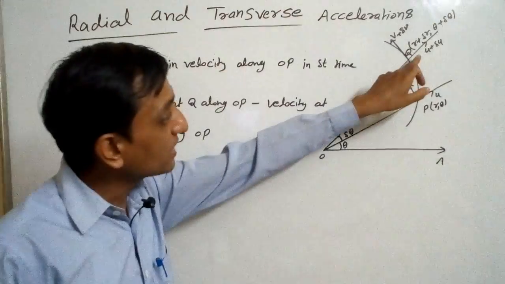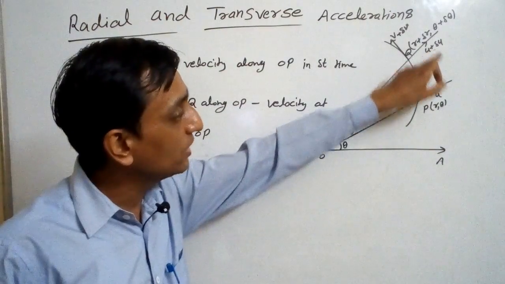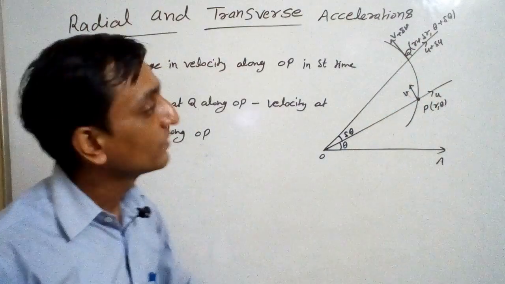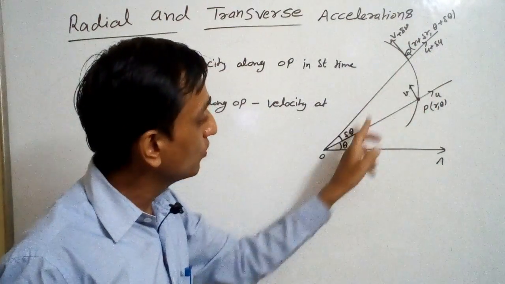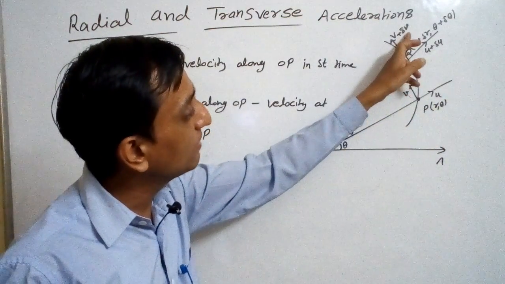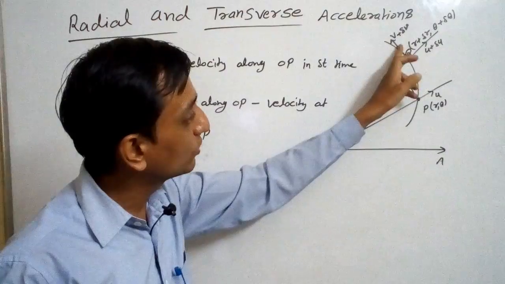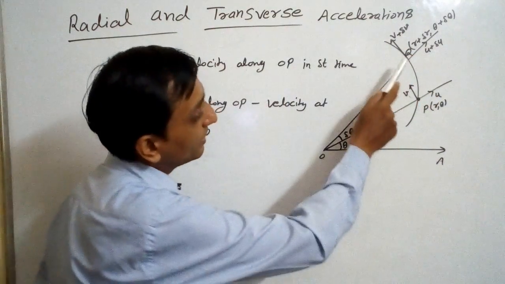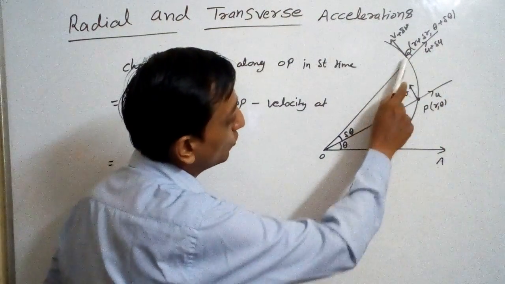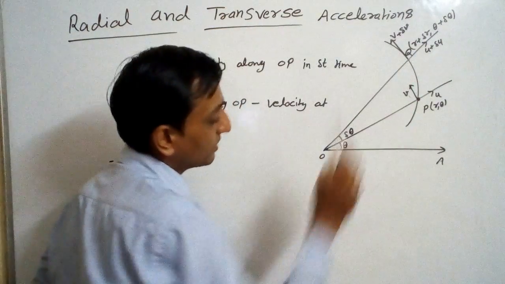So at the point Q we have two velocities, u plus delta u and v plus delta v. At first we find the component of u plus delta u along OP and the component of v plus delta v along OP. So what is the angle between u plus delta u and OP? This is delta theta. And what is the angle between v plus delta v and the OP direction? This angle is theta and this is 90 degrees, so this will be 90 plus delta theta. Okay, again clear? The angle between OP and OQ is delta theta, and between OQ and this transverse direction is 90 degrees. So the total angle will be 90 plus delta theta.